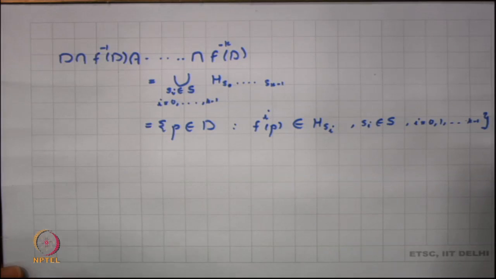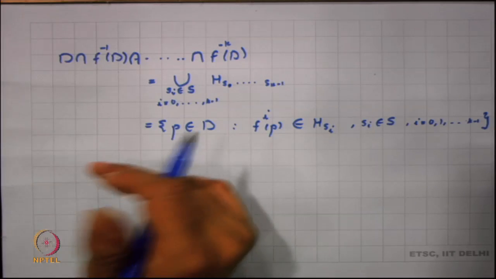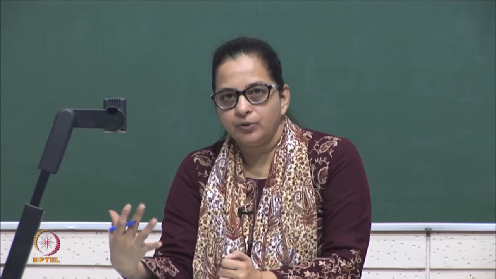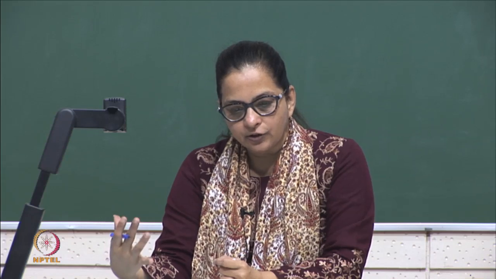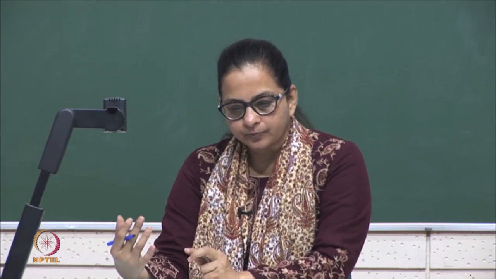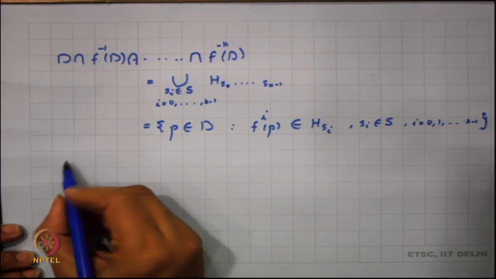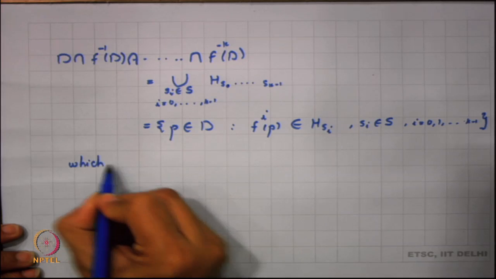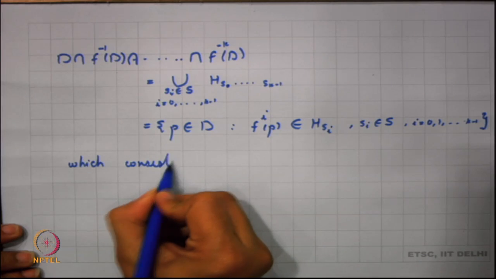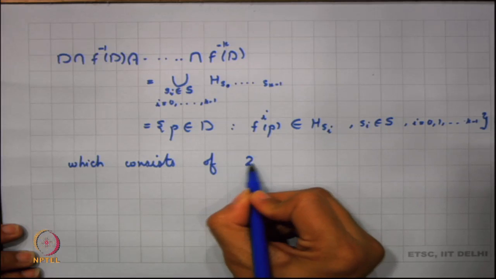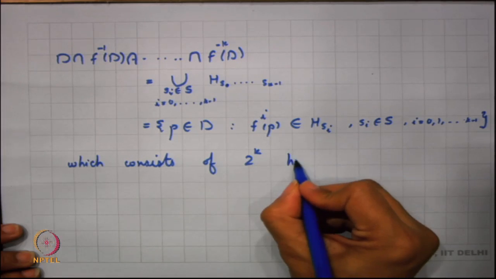So, this is what happens at the kth stage, and again we have seen that horizontal rectangles are mapped to horizontal rectangles, and so what happens over here is that we get 2 to the power k. So, this set consists of 2 to the power k horizontal rectangles